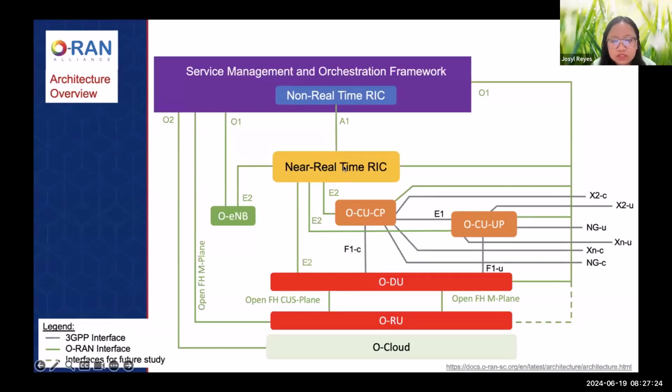Notice that the near real-time RIC connects to the different RAN components. As you can see here, the eNodeB, the E2 interface. Inside this one, you'll also find the RU, DU, and CU. It's just right now a black box or green box. The near real-time RIC connects to the different components via the E2 interface. Just remember, E2 interface is the one from the near real-time RIC to the other components. So one way to remember this is that near has the letter E. So there's an E2 interface.